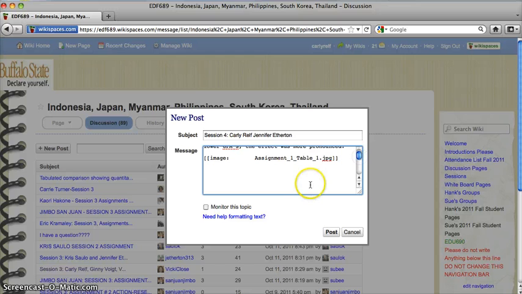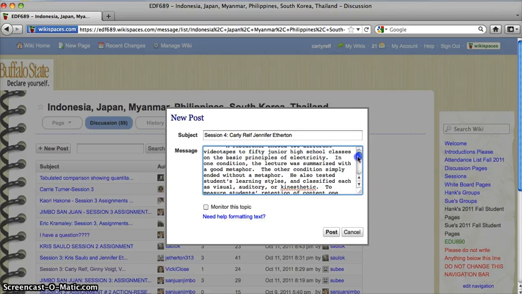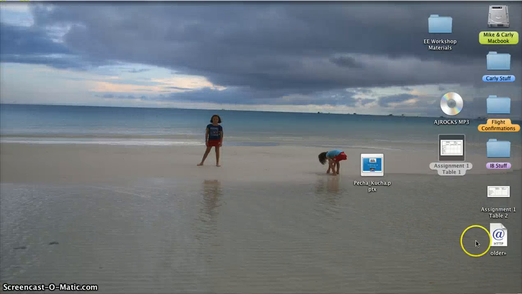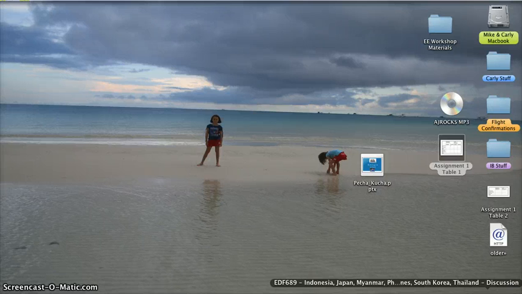So assignment 1, I've got my image. Let's see if it's going to let me bring that up. Okay. That'll be fine. And then I've got my second one. Okay, so I do my brackets, image, colon, and then I have to do my image name. So I minimize this again, and then I open my